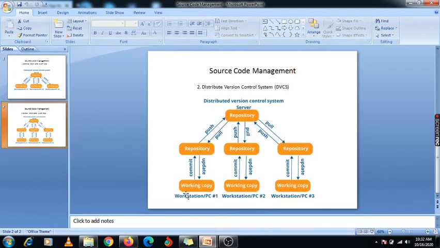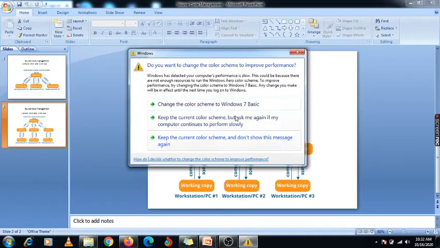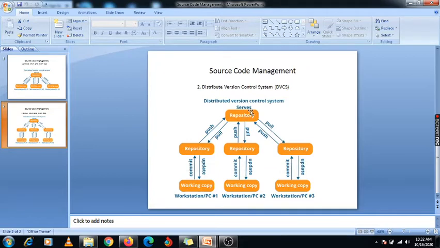Here in that workstation, that is my PC, and under this PC one repository is created when we have installed that Git, right? And this repository will directly connect with your centralized repository, that is our GitHub, using this push and pull concept. When you are writing any code on your local system, at that time you do not use the internet to write your code, because your local directory is available on your local desktop.